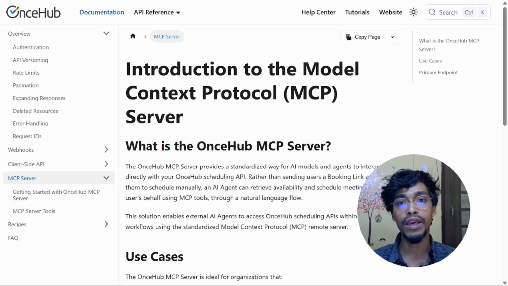My name is Vivek and today I'll show you how to connect OnceHub's MCP server to your OpenAI agent. This would allow you to retrieve available time slots and schedule a meeting on your booking calendar using your OpenAI agent. This means that you no longer would have to go directly to your booking link